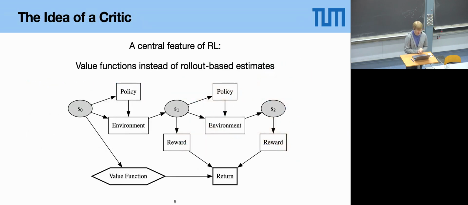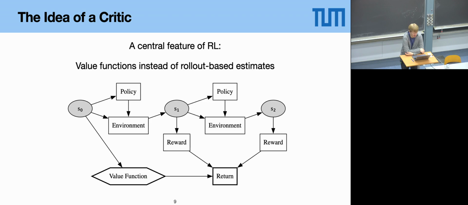So as I mentioned before, associating the effects of early actions with later rewards is the main challenge. And the classical way to try to do that would be a rollout. You would evolve the system all the way to the end and just see what happens. For a game, you would just play it out all the way to the end. A reinforcement learning concept is to train directly a function that outputs for every state the expected future rewards. And that thing is called a value function, or also sometimes a critic.